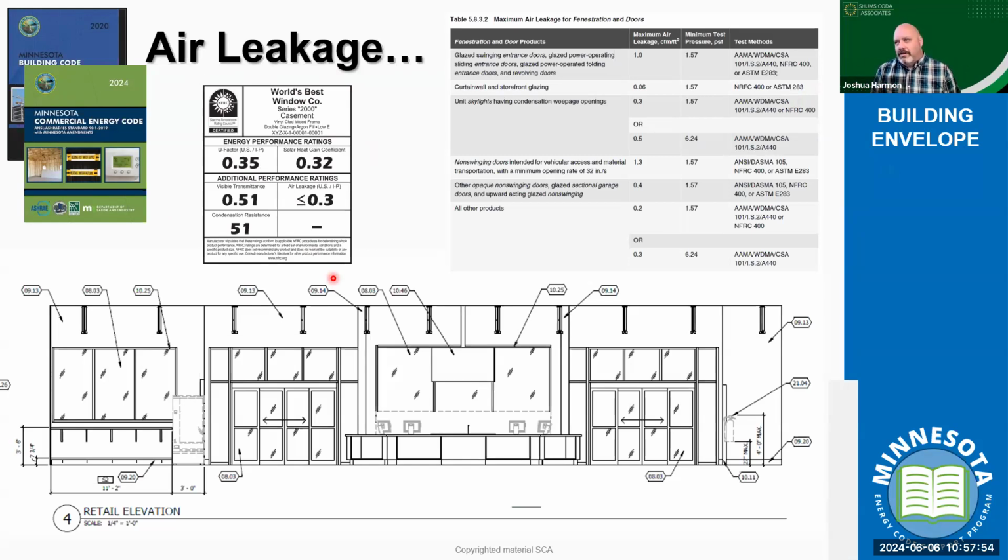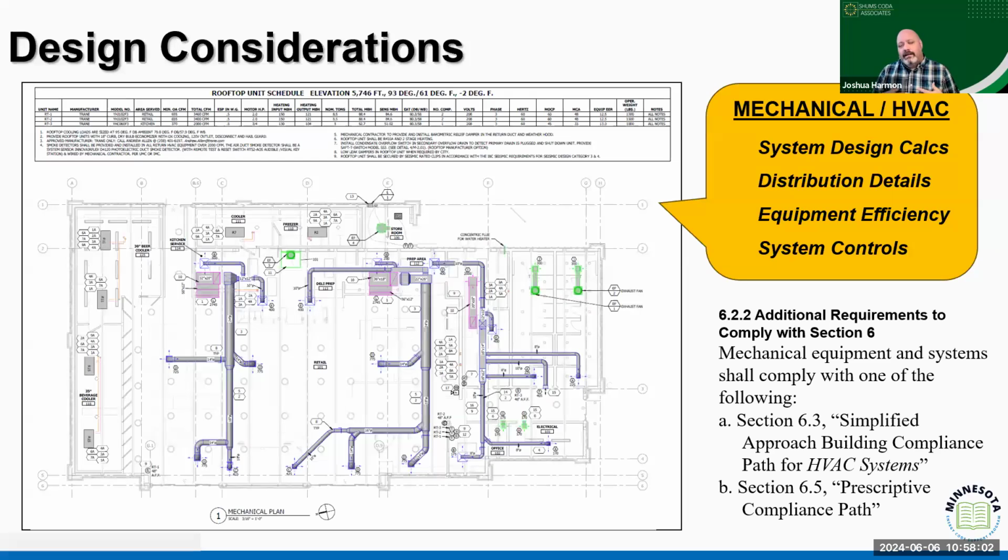And then if we ignore the windows, it's like leaving that giant gaping hole in the building thermal envelope, right? So it's all part of the same system. Secondary, as a part of that relationship, is going to be the design considerations for mechanical systems, right? The code tells us that we need to look at either the simplified approach or our prescriptive compliance process. And so we're going to be looking at how does this system operate? How is it providing the heating and cooling, right?